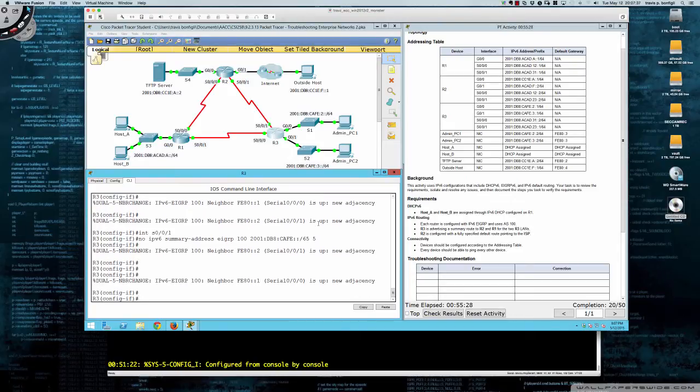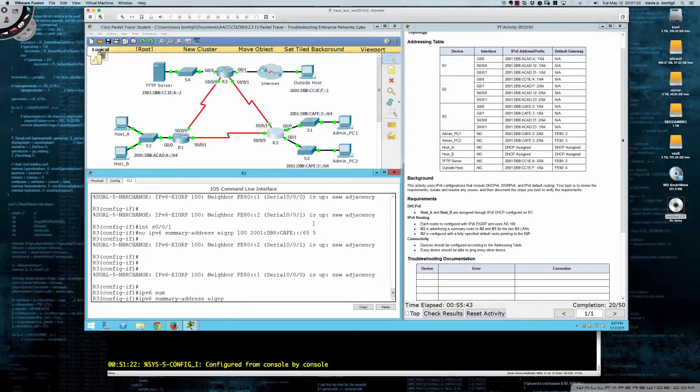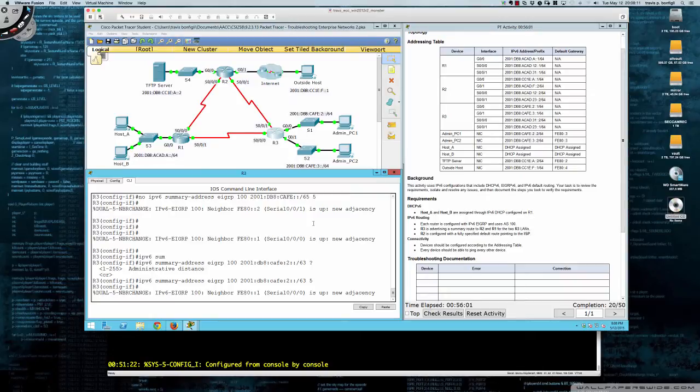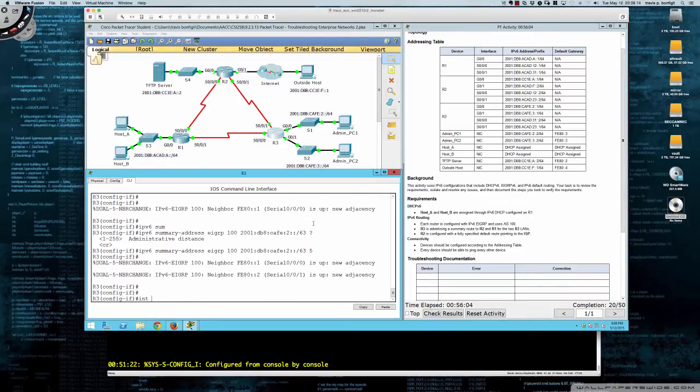Okay, so let's go ahead and add our summary that we configured. We're going to say IPv6 summary address EIGRP 100, and now what was our summary? We said it's 2001:db8:cafe:2::/63, and if I do the question mark, the administrative distance, we're going to keep that at a 5. So I'm going to add that onto serial 0/0/1,